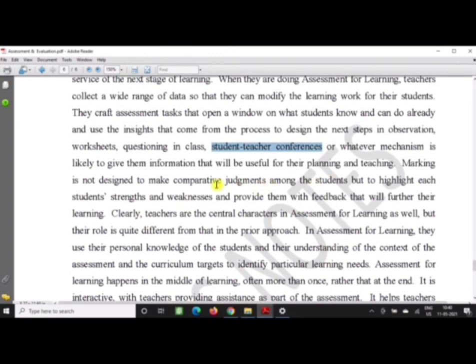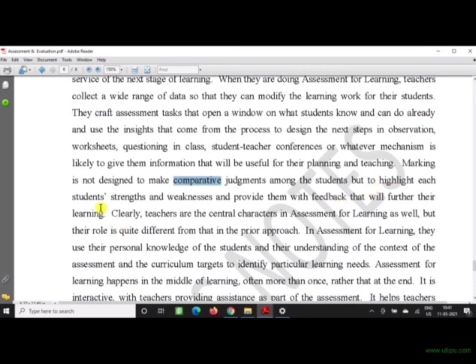Okay, marking is not designed to make comparative judgments. So marking is given, but it will not be judgmental. It will not be based on comparison with another student. So this is individual in nature. The teacher will not compare the child with one another.